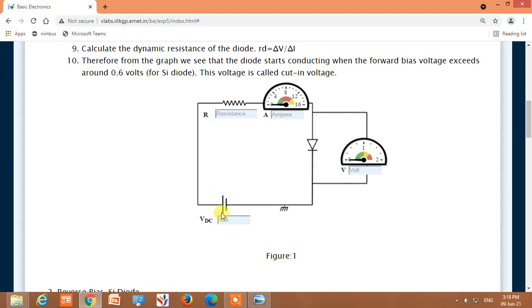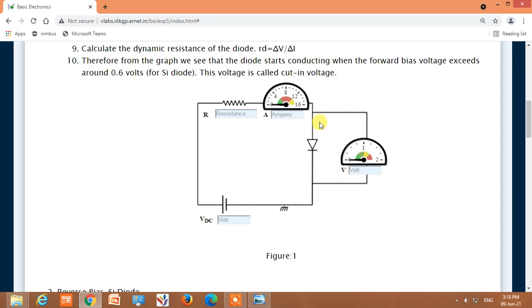The positive terminal of the battery is connected to the series resistance. Then the other terminal of the resistor is connected to the positive terminal of the ammeter. The negative terminal of the ammeter is connected to the anode of the diode, and the cathode of this diode is connected to ground, and the ground is connected to the negative terminal of the battery.